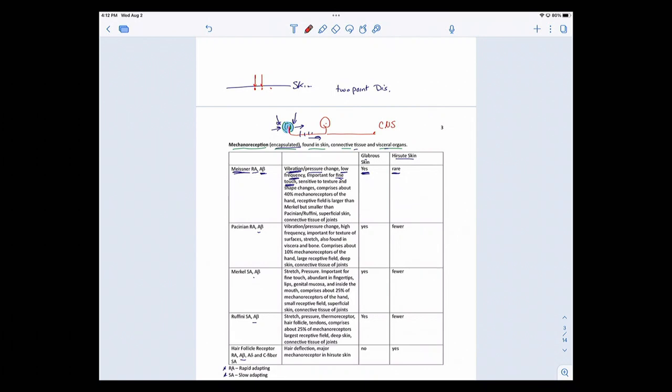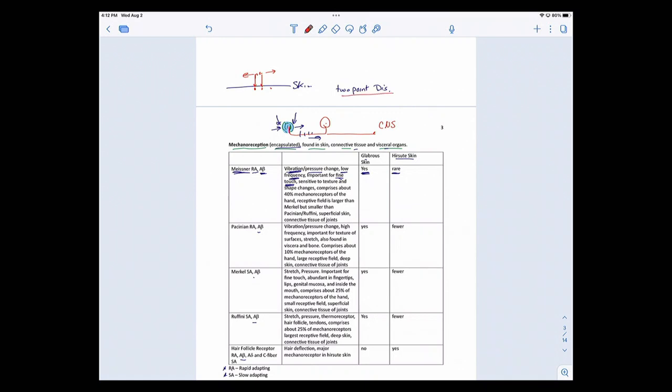Now, I think you wouldn't be surprised that there's a certain point where you can move this closer and closer and closer, where I can be touching you with 2 points, but you're going to perceive it as 1 point. So that's the limit of fine touch. Of course, if I start moving them outward, again, you're going to easily have a sense that there are 2 points touching you instead of 1 point.